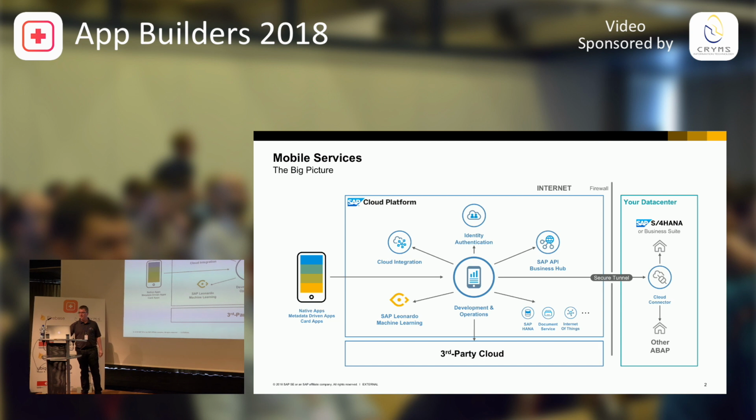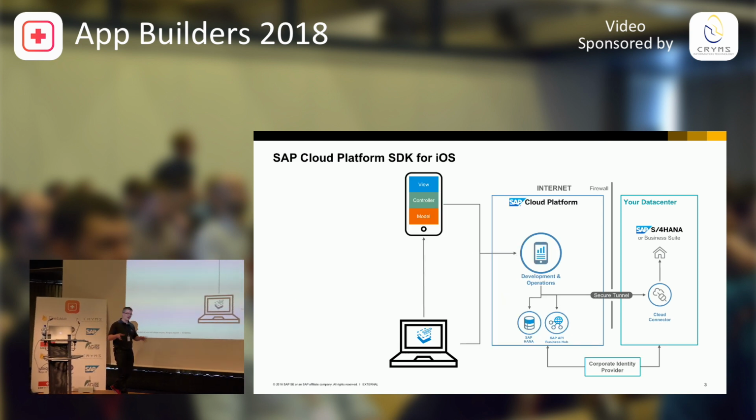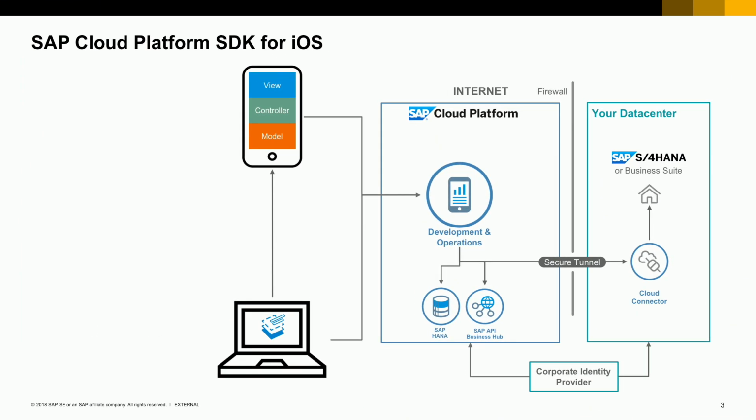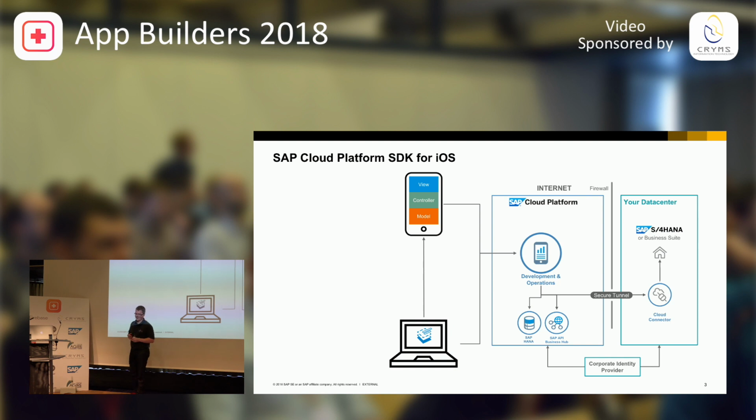But now let's look at the mobile app development and how the SDK itself helps build mobile applications. When you download the SDK, and we'll share download links later, you will get a tool on your laptop called the SAP Cloud Platform SDK for iOS Assistant that helps create apps using our SDK. It's a tool set that helps create scaffolding application code. It connects to the cloud. It does cloud configuration for you from your laptop,